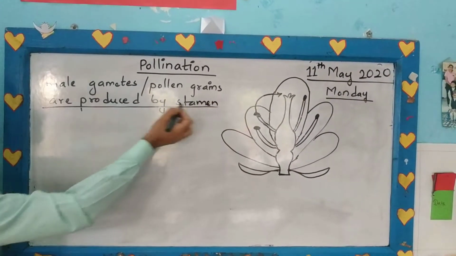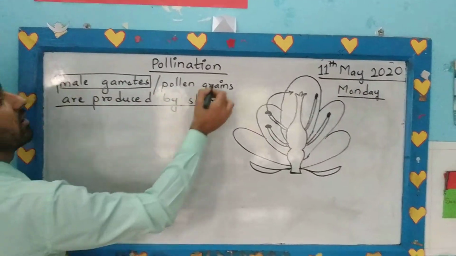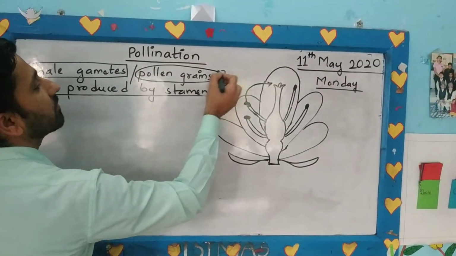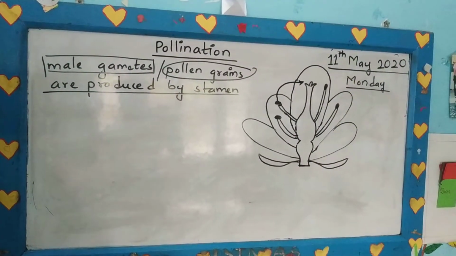Similarly, these male gametes that we call pollen grain have to be transferred to the female reproductive part, that is pistil